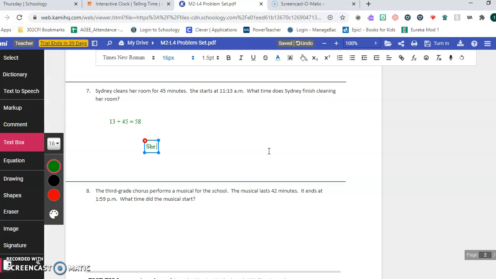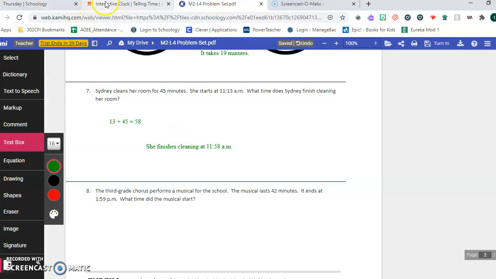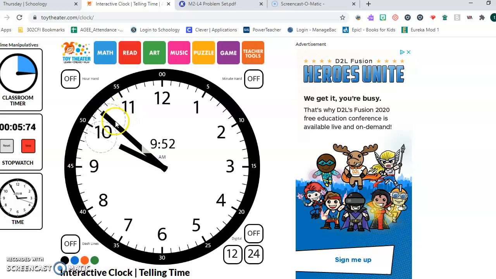She finishes, I'm using the words that they give me, cleaning at 11:58 a.m. I could use my clock tool also and start at